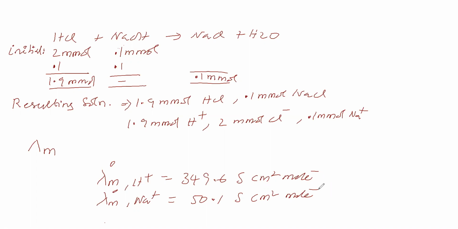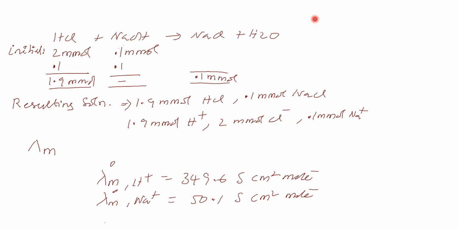Now see lambda m of H plus and lambda m of Na plus, you see. A huge difference is there. Why? In the first place the difference is there because the nature is different, but the difference is huge. Why? Because it is coming under Grotthuss conduction. That means the H plus cation is moving to the cathode by translational motion, and another through hydrogen bonding. So two things are there for H plus, but Na plus has only translational motion.